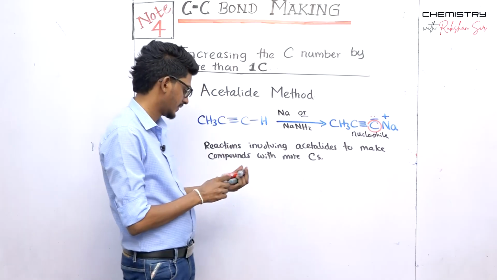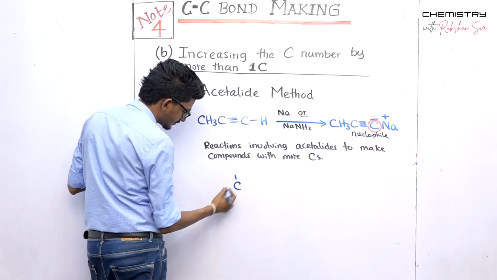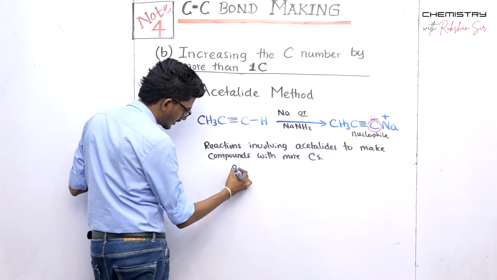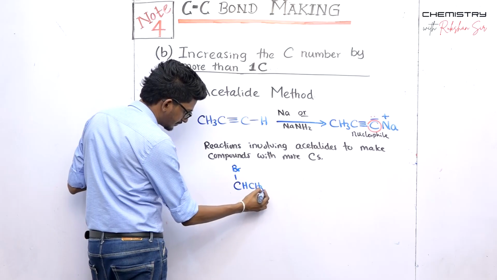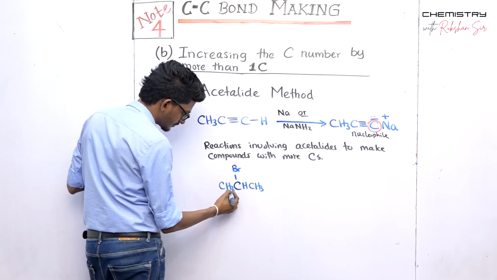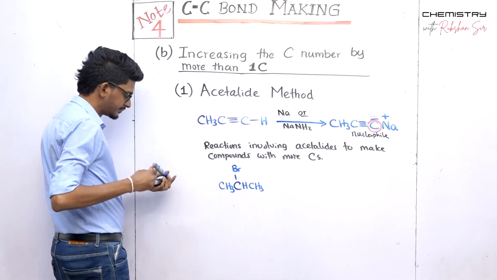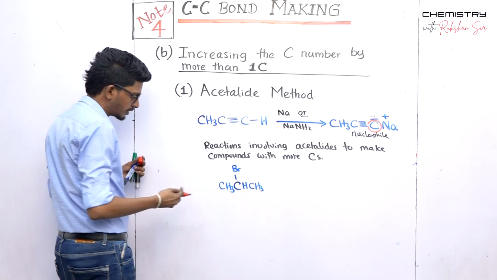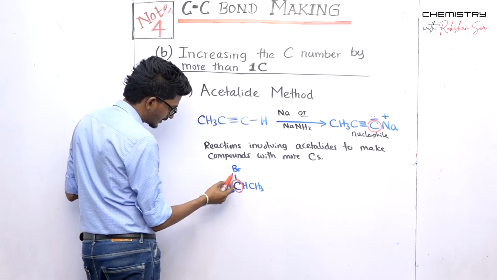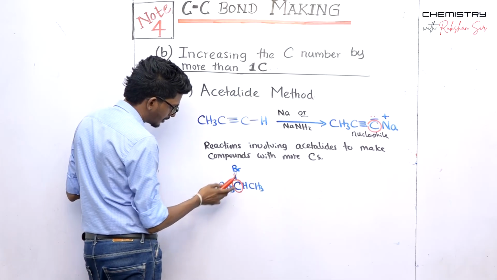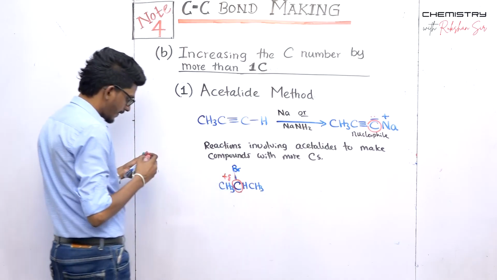See, if you have an alkyl halide, that carbon carries some positive charge, because the electrons are carried towards bromine. So this carbon is positive. To this positive carbon,